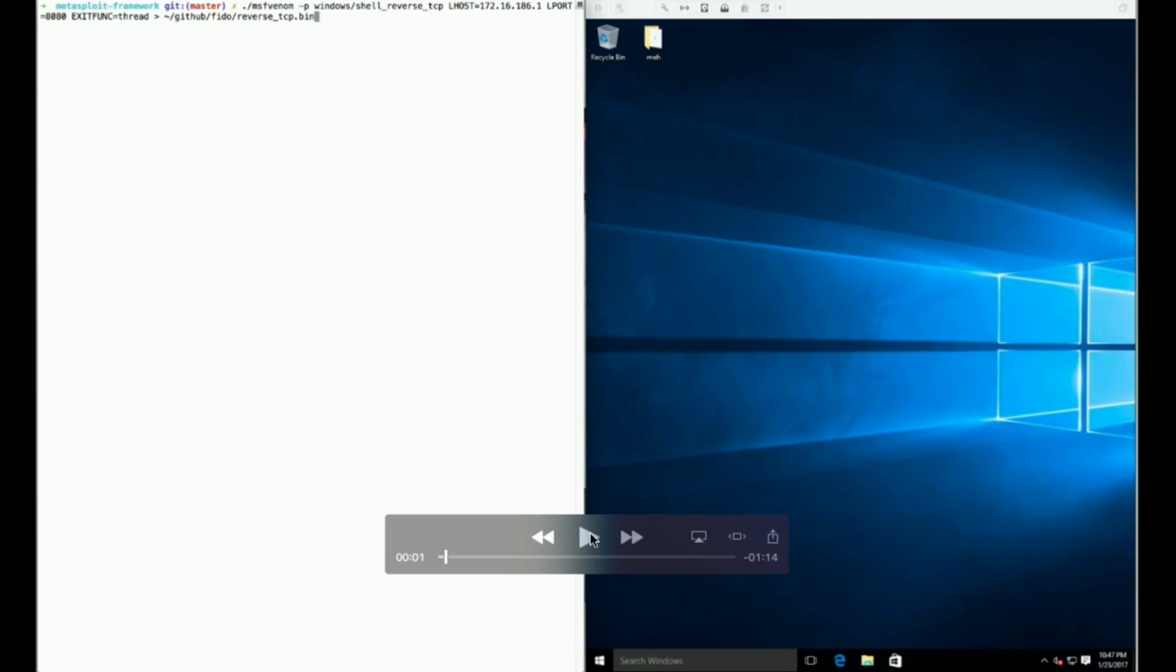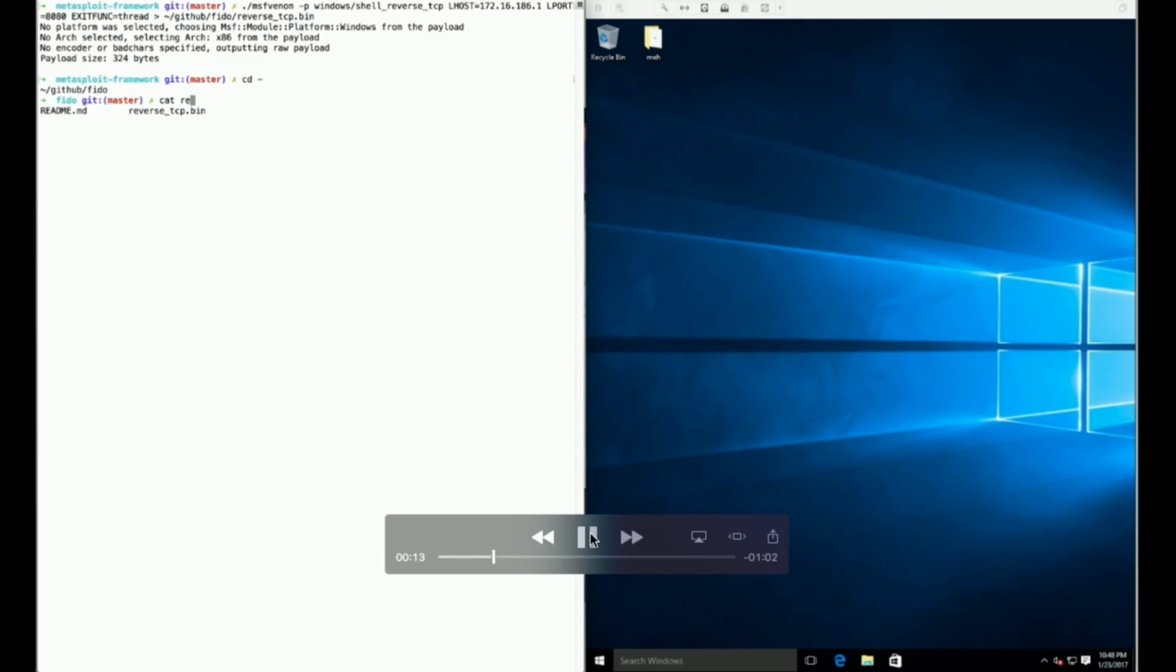So the first thing I'm going to do is just run MSF Venom, do a reverse TCP shell, and I'm going to put it into a straight binary file. Just normal binary output. All right, now I'm going to use FIDO. I call the tool FIDO. I'm going to cat the output